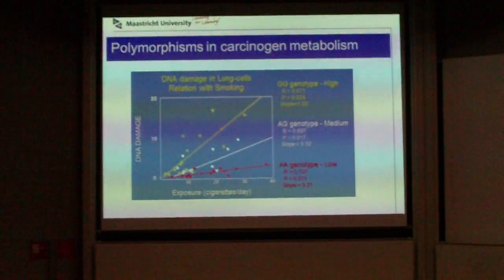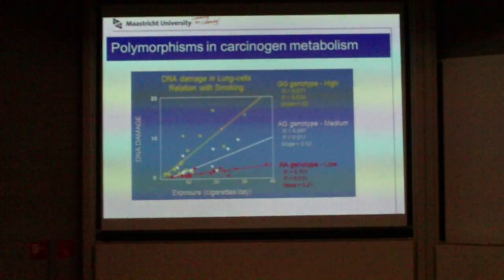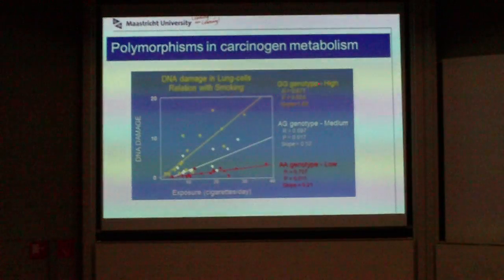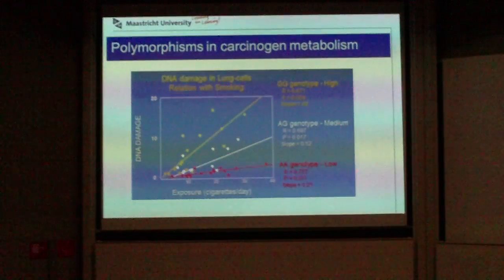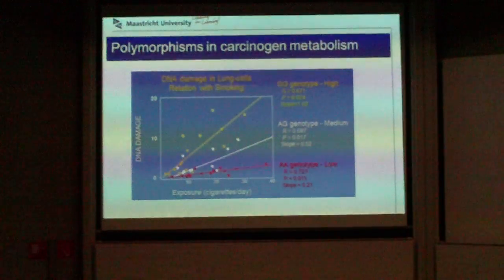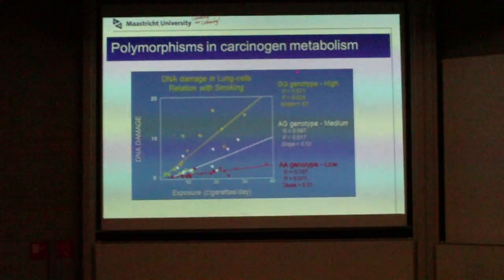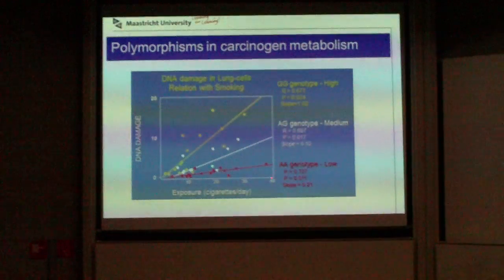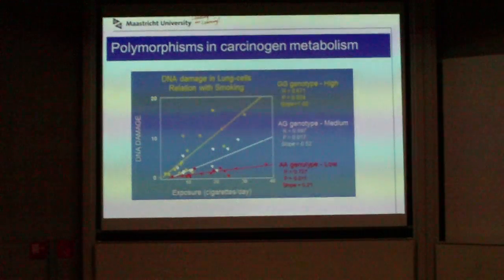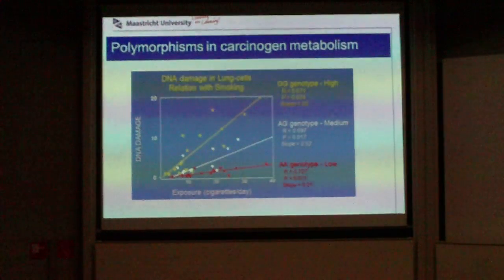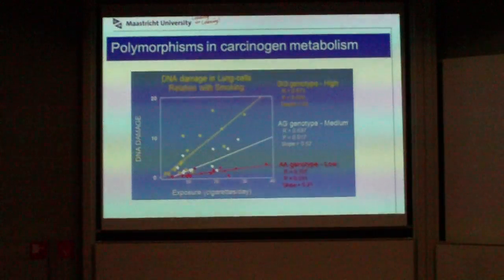But if you look at the different genotypes, so there's a high, medium, and a low metabolizer genetic variant, heterozygous in a genotype of an enzyme called NPO, then you see that it makes